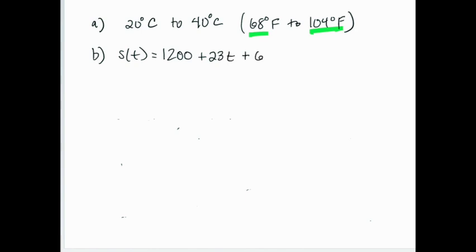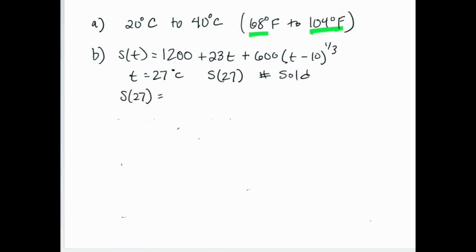Up above, we had that the number of soft drinks sold was 1,200 plus 23T plus 600 times T minus 10 raised to the power of 1/3. So for this one, it's saying when T is 27 degrees Celsius, find the number sold. So we're going to plug 27 in for T, and we're going to get 1,200 plus 23 times 27 plus 600 times 27 minus 10 raised to the 1/3